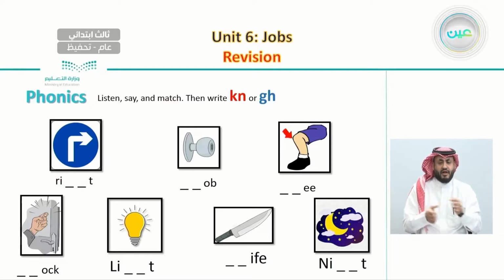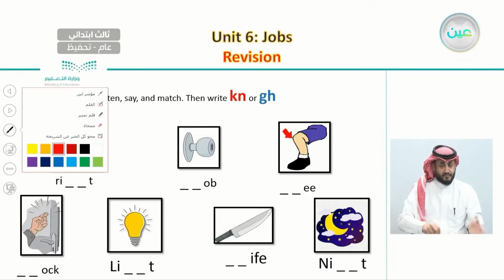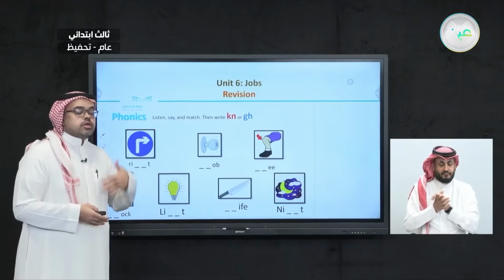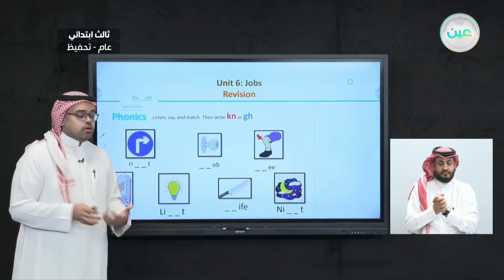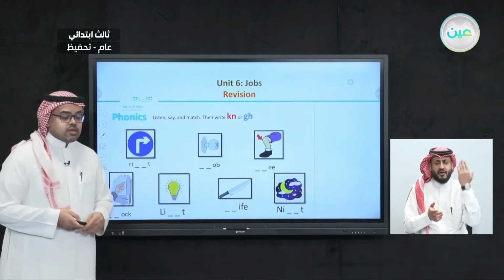Before we start, a quick revision on our last lesson. In our last lesson, we talked about how sometimes we come across words where we can see these letters: K and N, and G and H. Even when we are writing these letters in these words, we are not necessarily going to pronounce them. So here is a reminder of some of the examples that we learned last time,